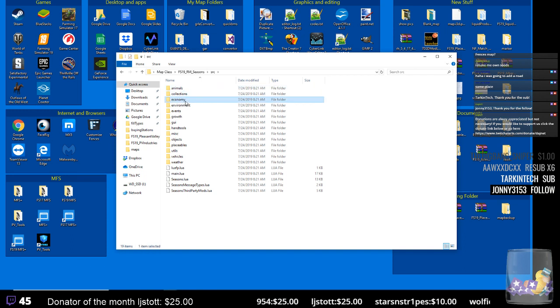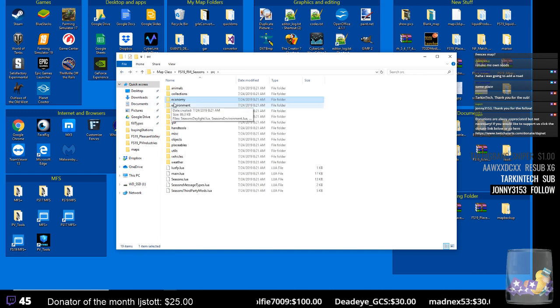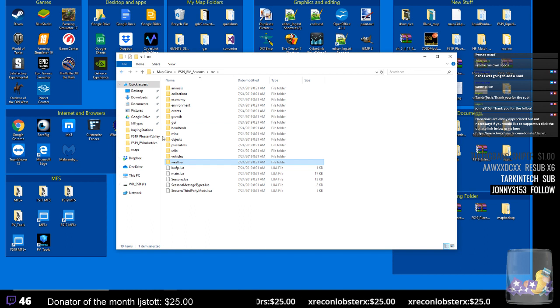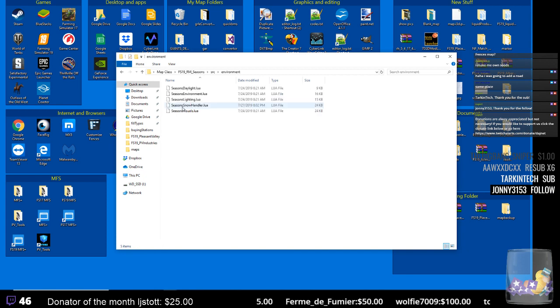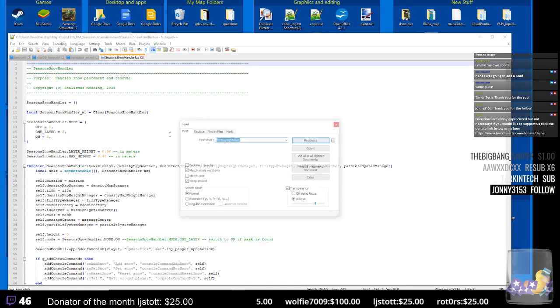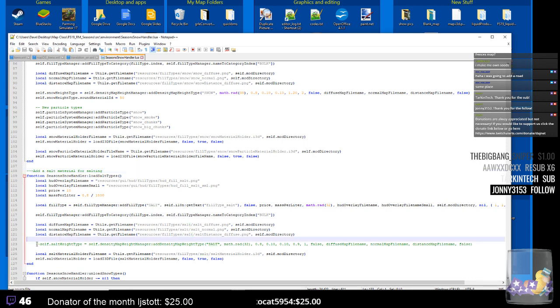In the source files economy, I didn't have to change any of the economy Lua files. I'm trying to think of whether, no, there was one major file in here. It's so hard to remember where it is. Season Snow Handler Lua, I think it is. Let me see. Search, find. Yeah, okay. Right down here,